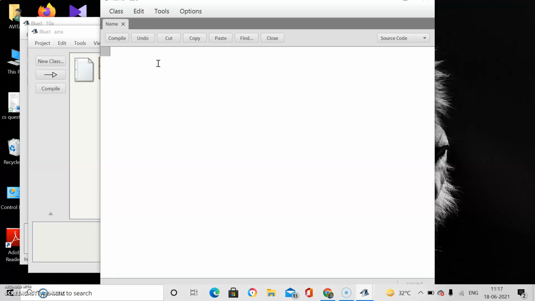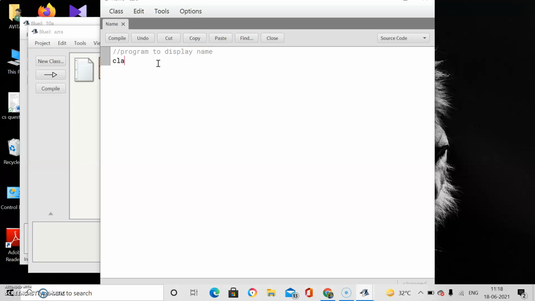Now firstly I will write a comment using this symbol, the single line comment symbol. Then I am going to write the purpose of this program. Program to display name. That's it.